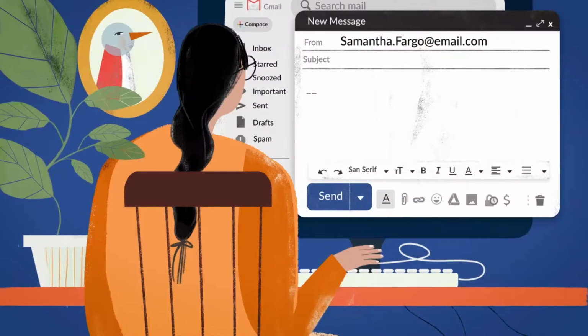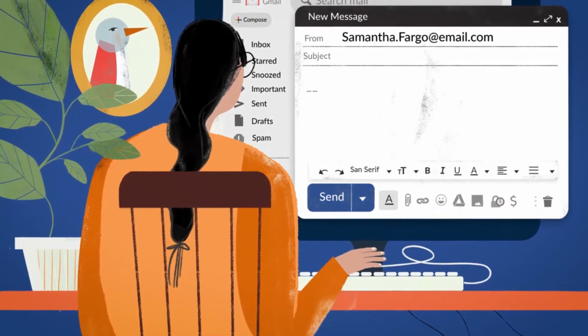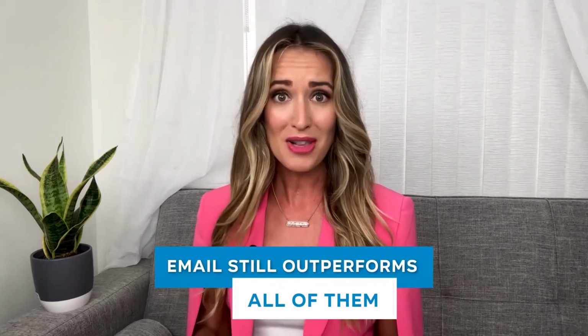Number 2, put email to work. Email is the channel that encompasses the entire buyer's journey, which makes it indispensable. Among all the other channels marketers use, email still outperforms all of them. It's crucial to fuel email campaigns with personalization, otherwise your message could end up deleted and forgotten. Also, make sure to optimize the campaigns by applying A/B testing. You can test for various things such as subject line, content placement, colors and images. Some of the tactics that can help utilize email in your demand generation strategy include